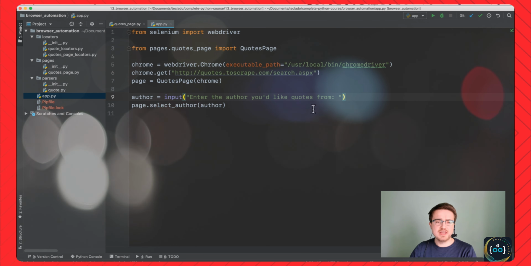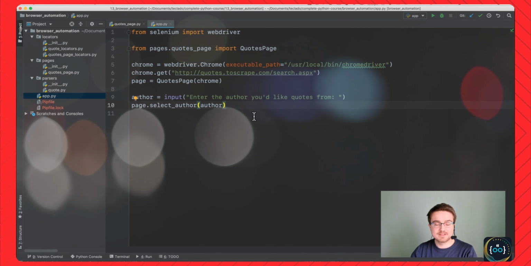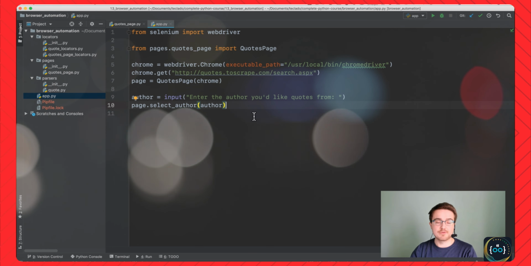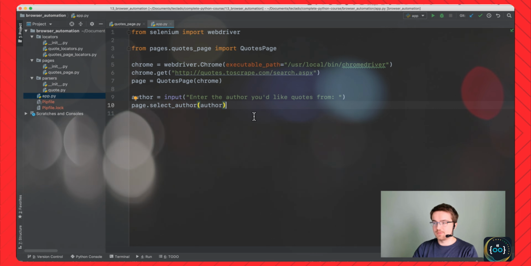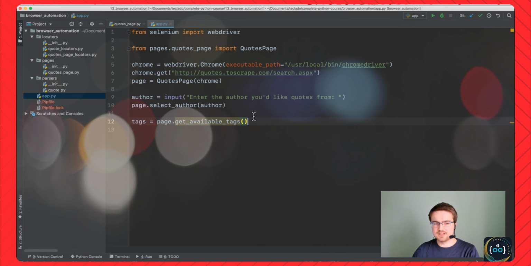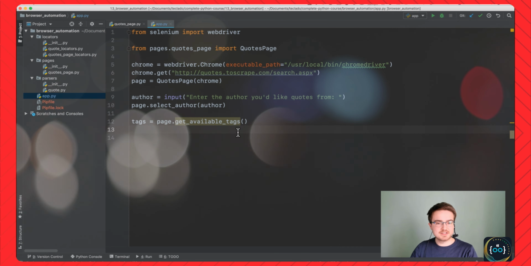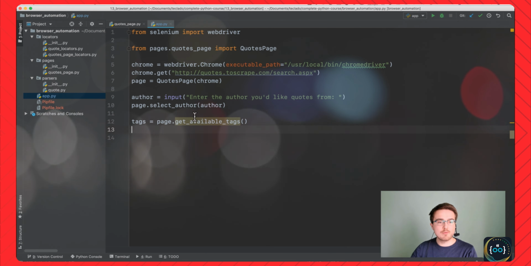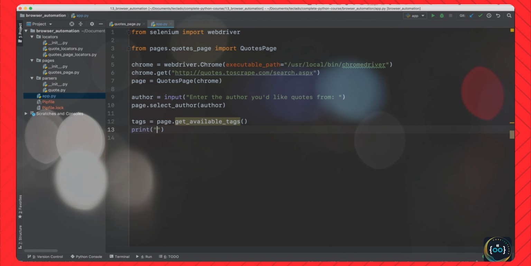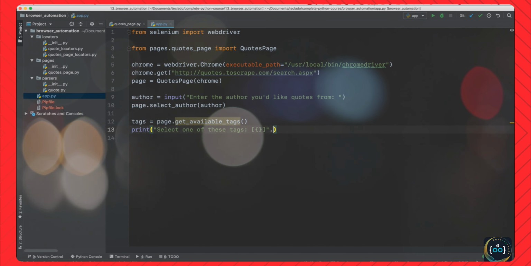So what we want to achieve is to select an author. Then we want to look at what tags are available. We want to tell the user, look, you've got these tags, which one do you want? And then we're going to select a tag from those. So we can do something like tags equal page.get_available_tags. And notice that this doesn't exist yet, but this is just me using something that I know doesn't exist yet because I'm trying to decide how I want to interact with the page object so that I can then go and implement these methods. Then we can say something like select one of these tags, and we're gonna put a list there with format